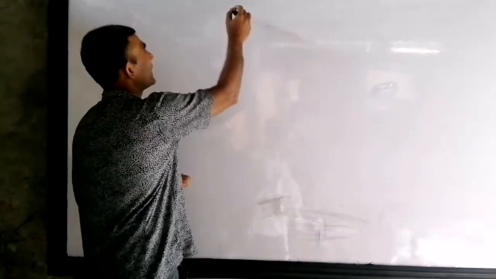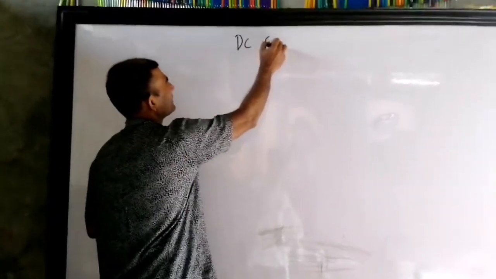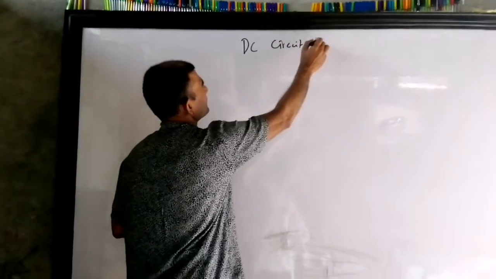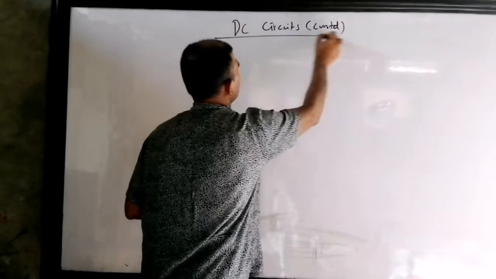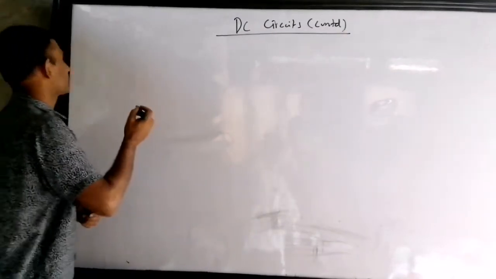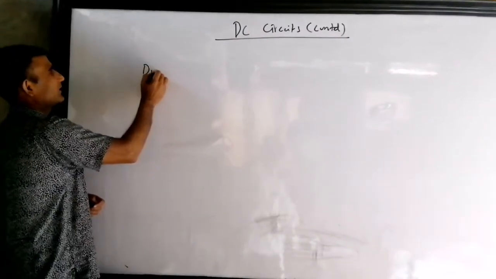If you are still seeing this for the first time, then you can go to those videos first, because those basic things whatever we need to learn in these topics we have discussed in those two classes. And in the third class we are going to discuss the remaining part of that. So you know that we were in the DC circuits. DC circuit, this is a continuation of the class. And in the third class today we have direction of current.